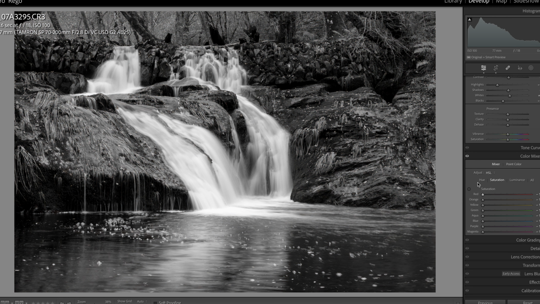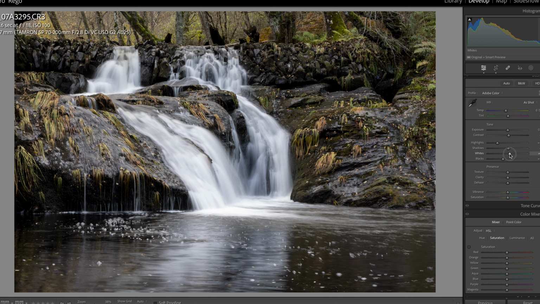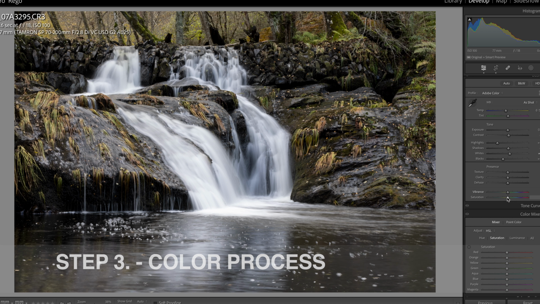Okay, so here we are in Lightroom, and the first thing that I want to do, of course, in this photo is just to put it here, like this, and to work a little bit on the contrast, the highlights, and the shadows. I don't want too much of the shadows, the blacks, and of course the whites. So I'm not going to take too much time here editing, because what I want to show you is about the color process. When we reach the color process, it is all about vibrance and saturation,